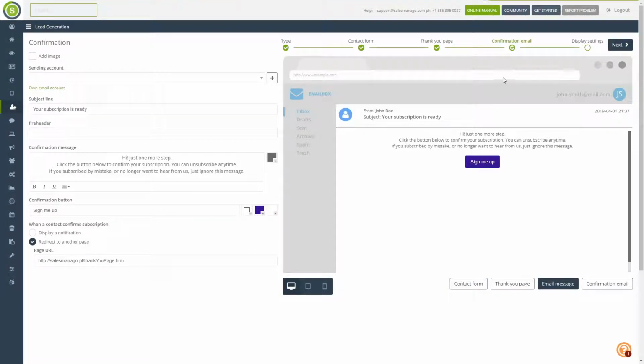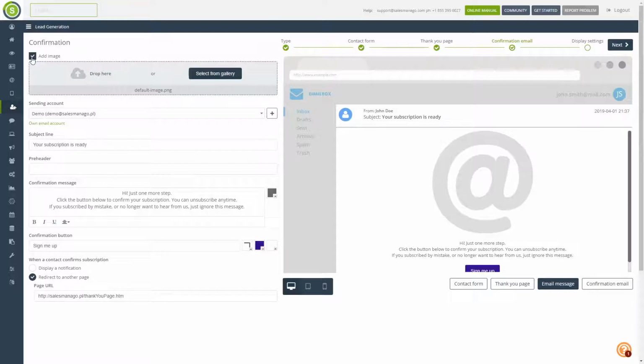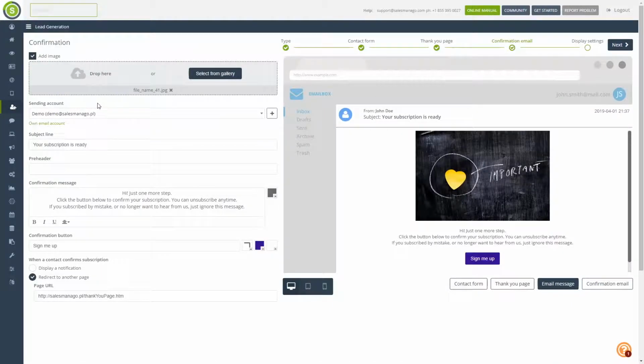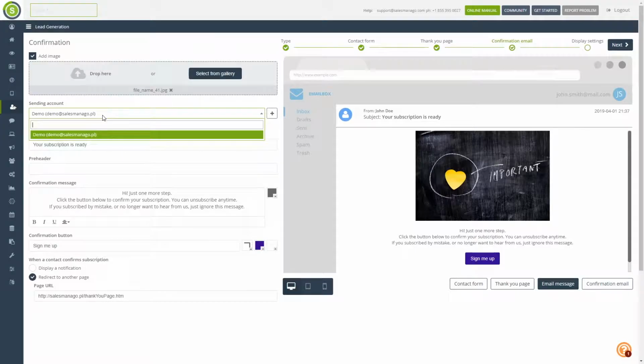The next step involves the configuration of a confirmation email. This email will be sent automatically when a contact has filled in the contact form. We can add an image to the overall email, change which account will be sending the email, or add a new one,